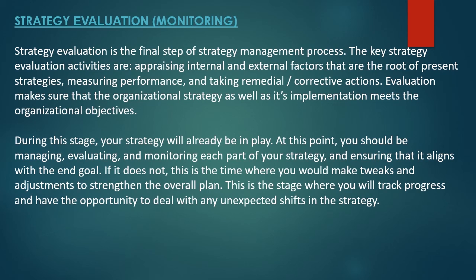So this is the stage which you have to continuously monitor and find out if anything is going wrong, then you have to take corrective action regarding it. So this is the final stage of the process of strategic management, and it's a very important stage as you have to track your progress. Otherwise you have to again go to your action plans and see what is going wrong.